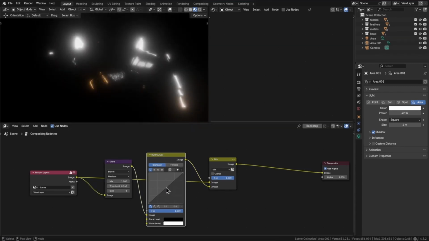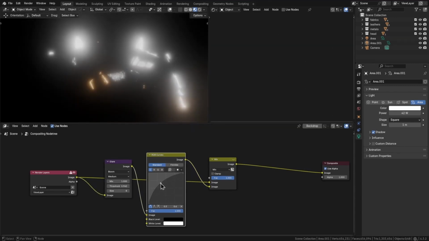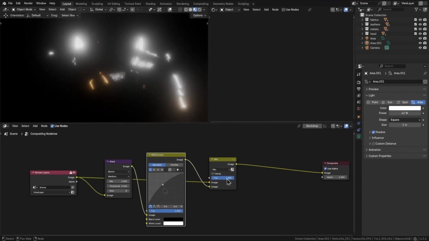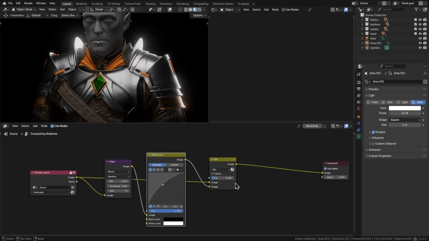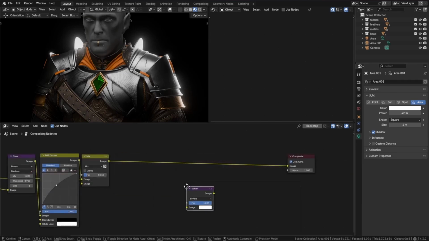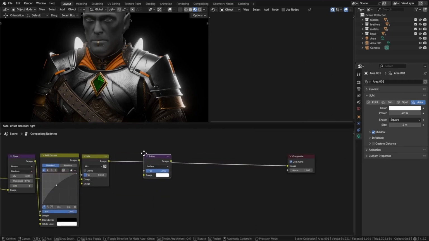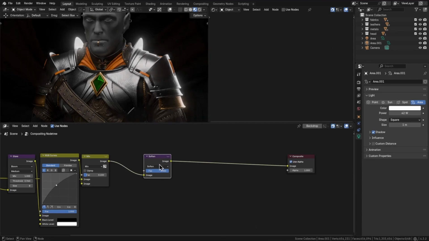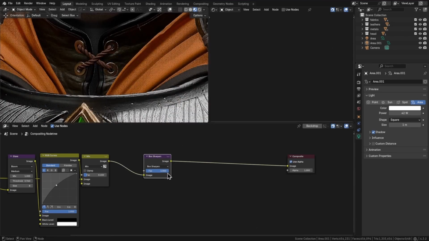Use RGB curves to make it more intense. I have more control. Mix, set factor 10 or 20. 15%. Separates glare, then combines. Filter node sharpens image. It comes on strong. I set it 5 to